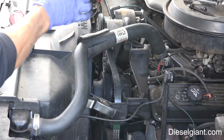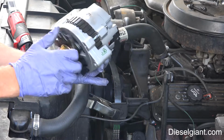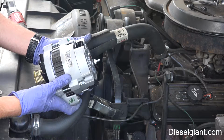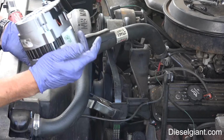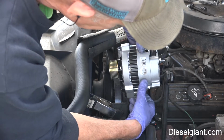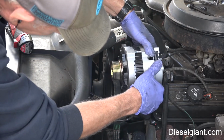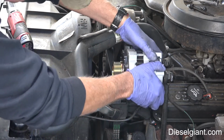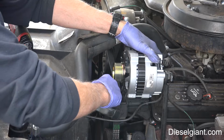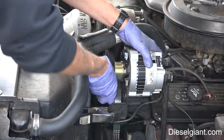All right, so I've got our new alternator from O'Reilly's, and this one is nice and quiet. All right, so the installation is pretty much the reverse of what we did. So remember, there are 3 mounting points. So the trick to do this is to get the bottom one in first, that one right there, and then we're going to take this bolt and work the alternator till we get the bolt in the hole lined up,